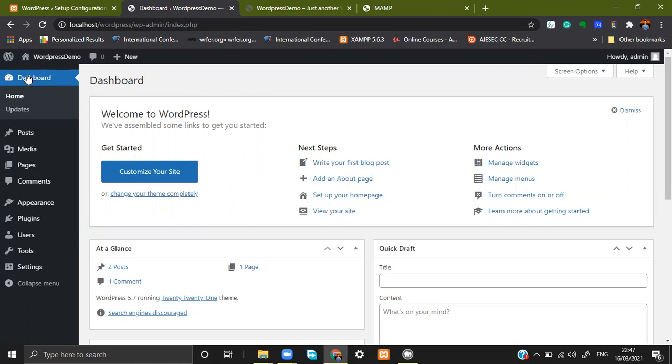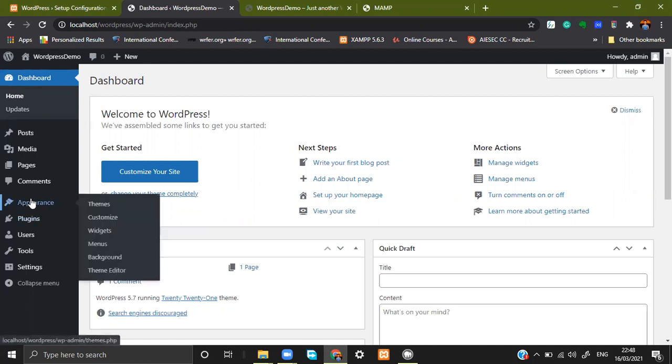So let's try to see what it is and how we can use it to change various aspects of the front end. So we need to be at the back end of WordPress to access the customizer. We can go to Appearance, Customize,